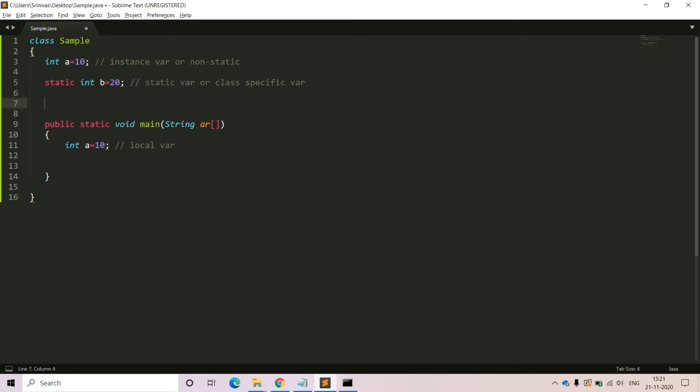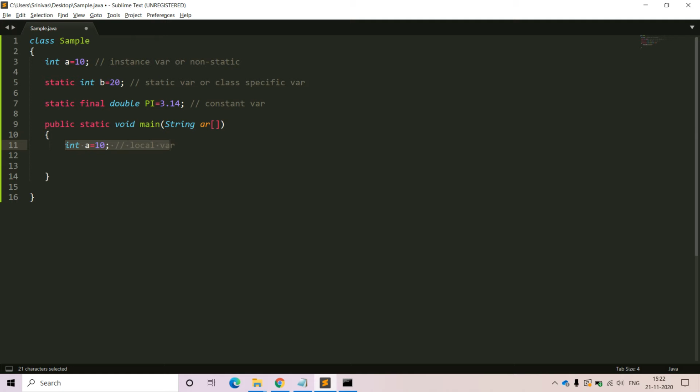Along with instance variables and static variables, we have the flexibility to define constant variables in the class level context. In order to define constant variables, we have to use a combination of keywords. The keywords are static and final. For example, if you want to define the pi value, we can take double, the variable name is pi, and the value of pi is 3.14. Like that we can define. So here the variable type is constant. These three variables come under class level, and this variable is a local variable.